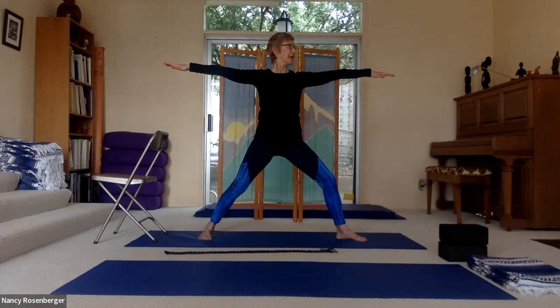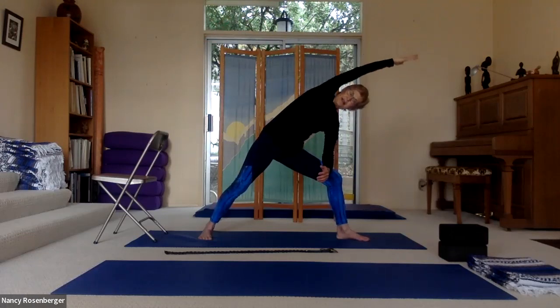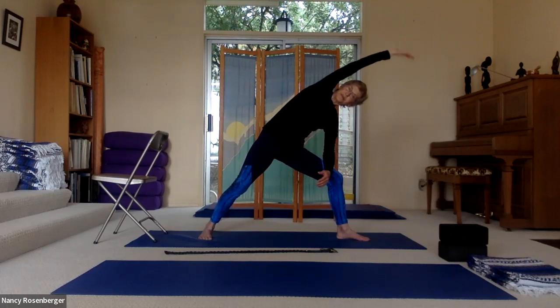just a bit, then allowing the ribs to swell, the diaphragm to descend, pumping that vital energy and breath throughout the body, feeling it perhaps coming out through your fingertips. Bend the front arm, bring it down onto your thigh, and come into side angle. Content with whatever opening the range of motion gives you. Then coming up, reaching up,